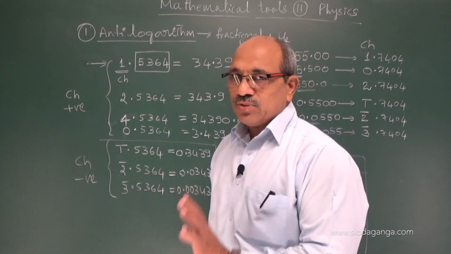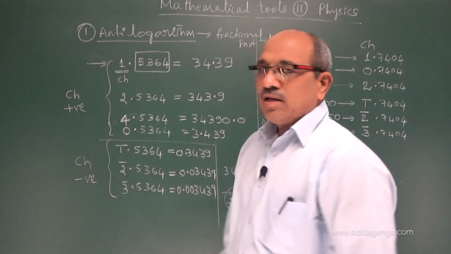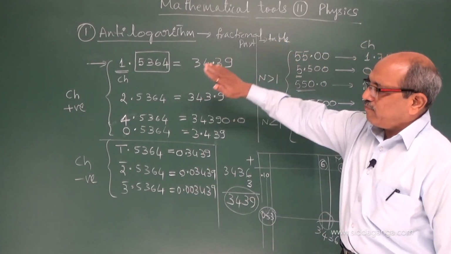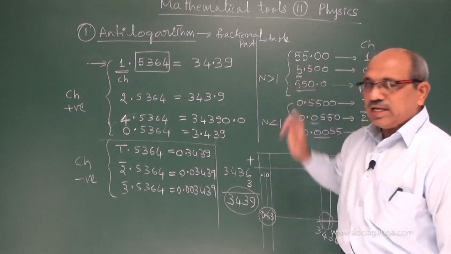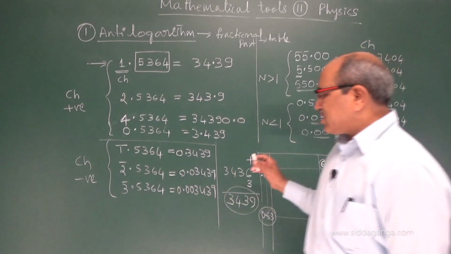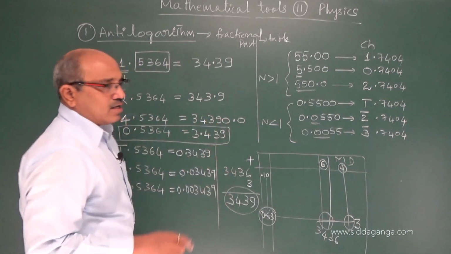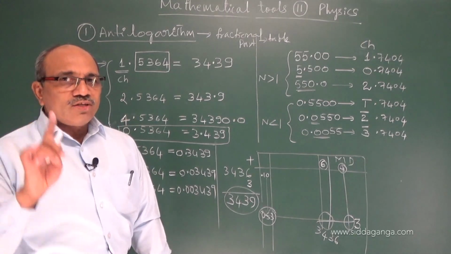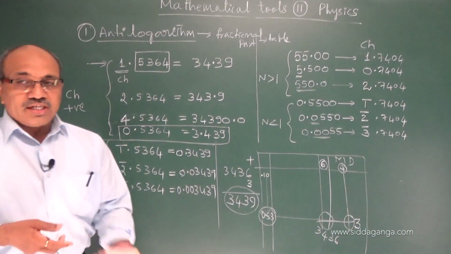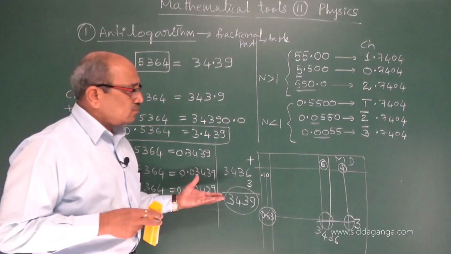But if you are confused in the anti-logarithm case, I can show you a simple technique now. I think you followed here: characteristic, if positive, where the decimal point has to be, and negative characteristics, where the decimal point comes. Please concentrate on this clearly. On this basis, for any characteristic, without confusion, you can put the decimal point and find the anti-logarithm without error. I think you understood this. Shall I remove this?